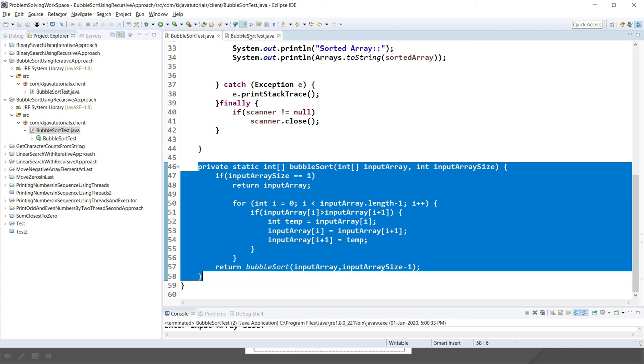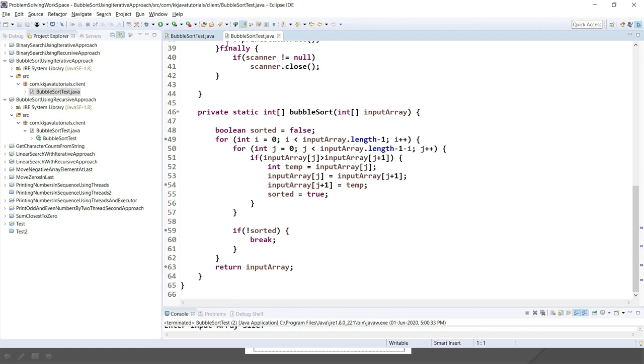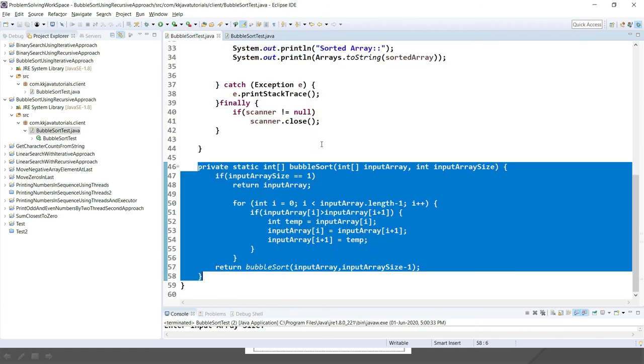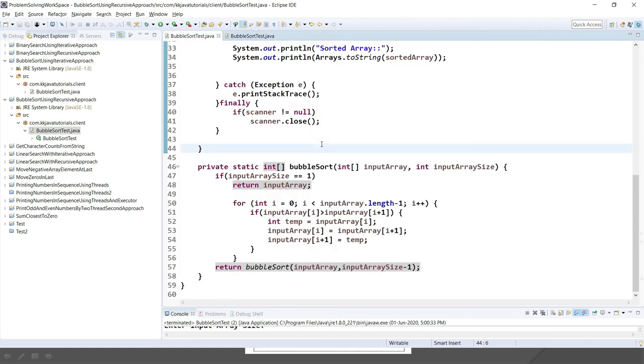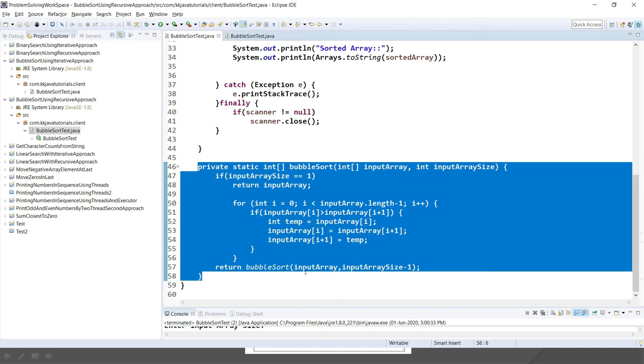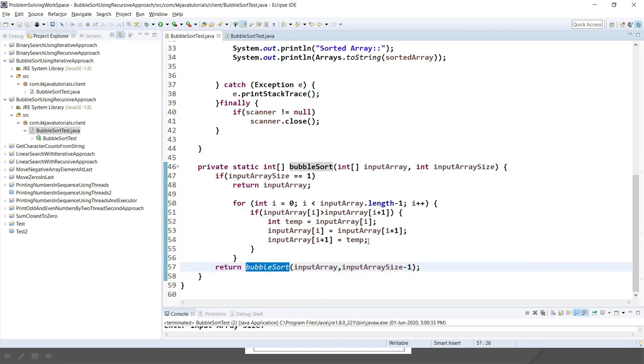Now if I compare whether the iterative approach or the recursive approach is faster, in the case of recursion we have some overhead in terms of memory. All the information is put into the stack, because the method is getting called again and again.